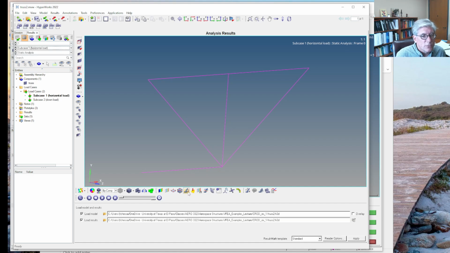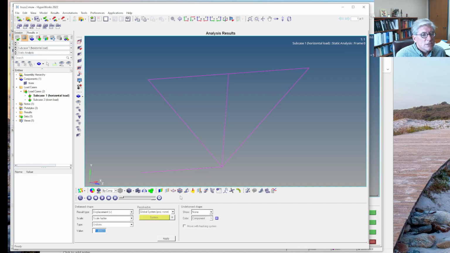It looks like a deformed beam, sort of. We click that, and that allows you to pick different deformations. We're going to use the displacement, and if you hit apply,